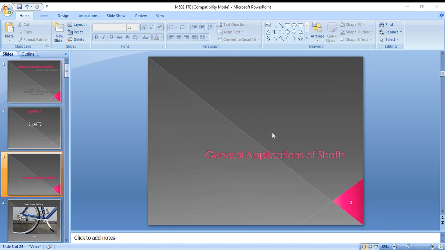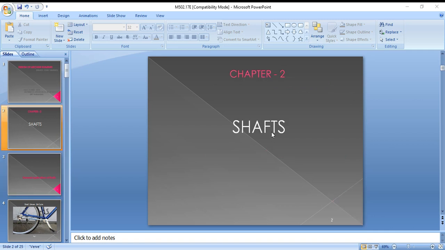In the shafts we are learning about functions, materials, and types of shaft, standard sizes of shaft as per IS, and the design of the diameter of solid shaft and hollow shaft to transmit the given power at different RPM based on strength and rigidity. Next we are going to learn about the comparison of solid and hollow shaft, design of axles and numerical problems on the shaft. In this chapter we are going to learn about all these topics.